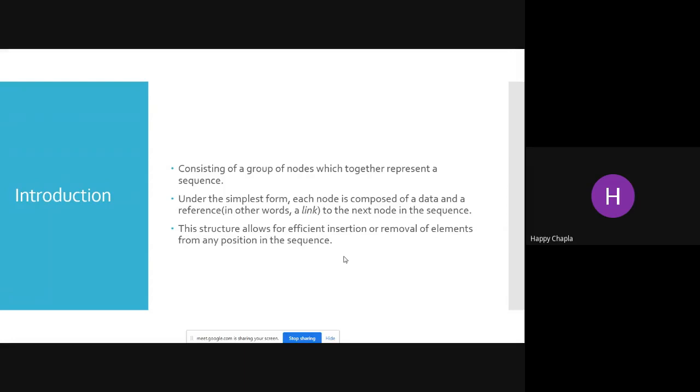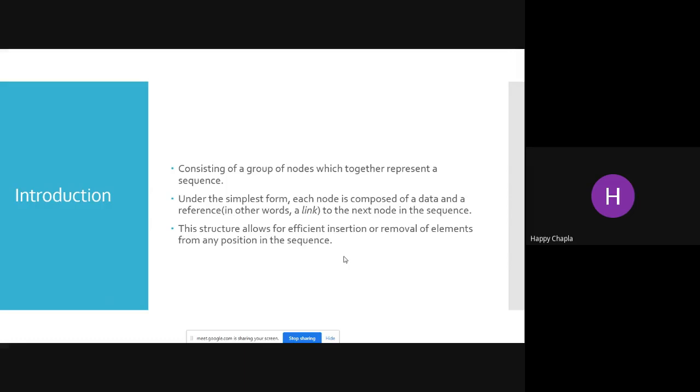Under the simplest form, each node is composed of data and a reference, in other words a link to the next node in the sequence. This structure allows for efficient insertion or removal of elements from any position in the sequence. Either you want to insert at the third position or delete from the second, whatever the position, you can do this.